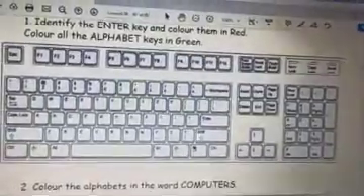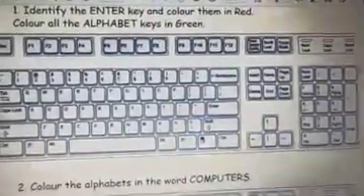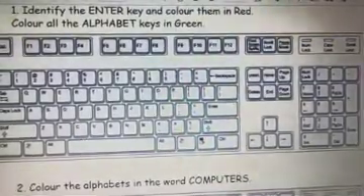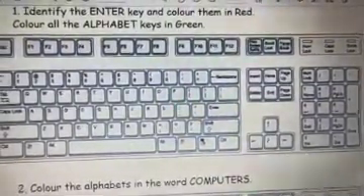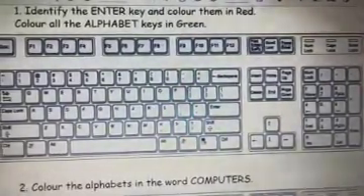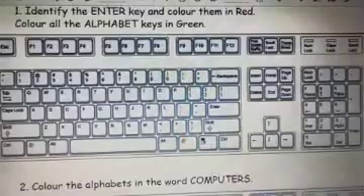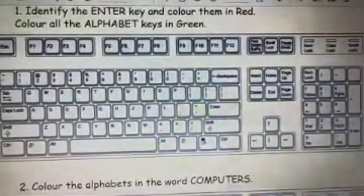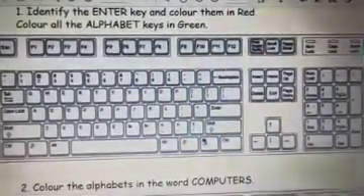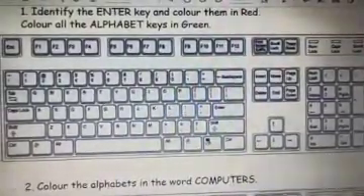You can see the keyboard, right? So what we have learned today: the keyboard has keys, and there are many keys on the keyboard, but these keys are of various types. First is what? Alphabet keys. Alphabet keys, why? Because alphabets are written on those keys. Next is what? Yeah, number keys. Number keys, why do we call them number keys? Because numbers are written on them, right? Special keys, why? Each special key performs a special function, so we call them special keys.